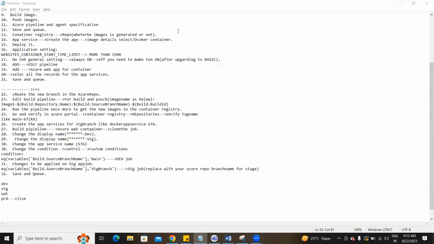Why is it important? The reason is that in real time, when you're working in an organization, sometimes you get a chance to deploy the code. Your developer or your lead will tell you, hey Navin, can you please go and deploy the code in staging? Or, can you deploy the code in dev? So you get irritated, the same thing he is telling me 100 times. In that case, it's always good to make some changes to your code.